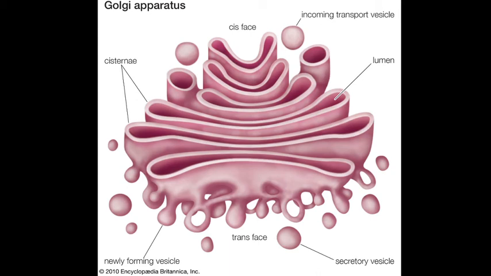Golgi apparatus is also known as the post office of the cell. If you have a question, name the organelle which is also called the post office of the cell, you have to answer that one is Golgi apparatus. Why? Because they package and transport the protein across the cytoplasm.